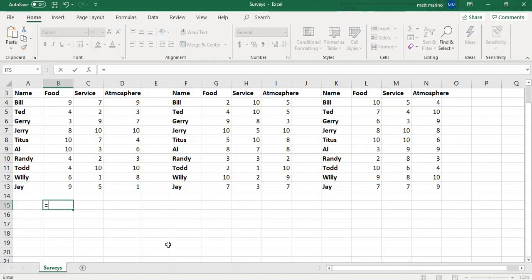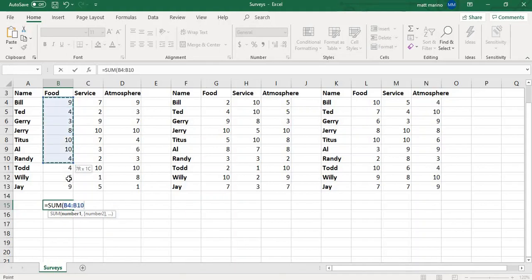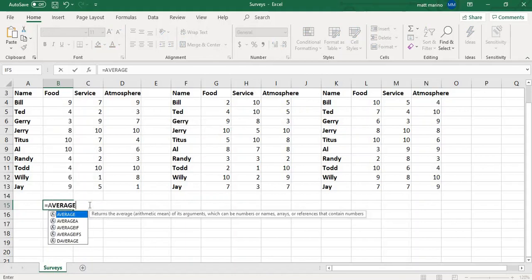First, let's decide whether we want to use our sum function or our average function. We can use our sum function to calculate the average of these 10 specific survey numbers. We would need to do our sum of those specific areas divided by 10. We would then get the result of 6.7. However, it is much easier to use the average function when we are finding an average for a number of